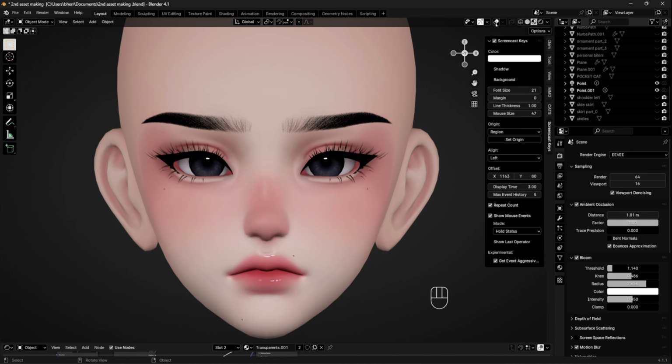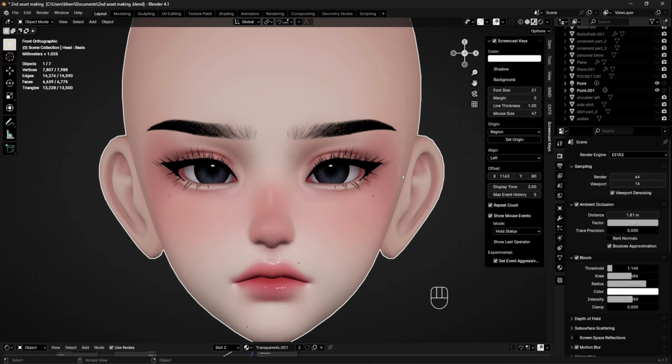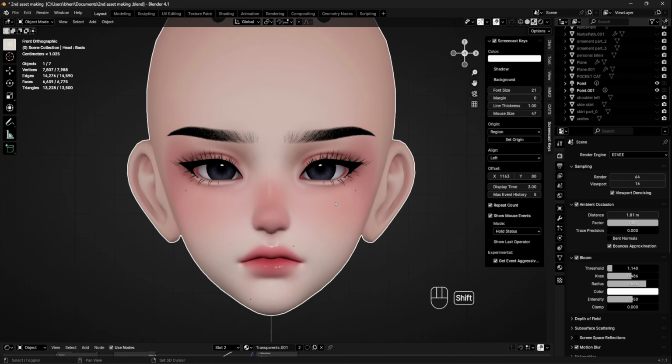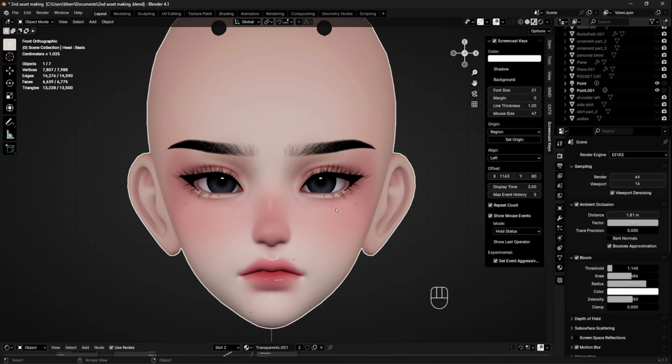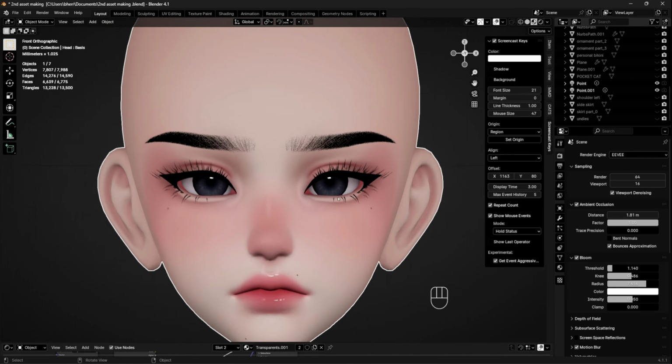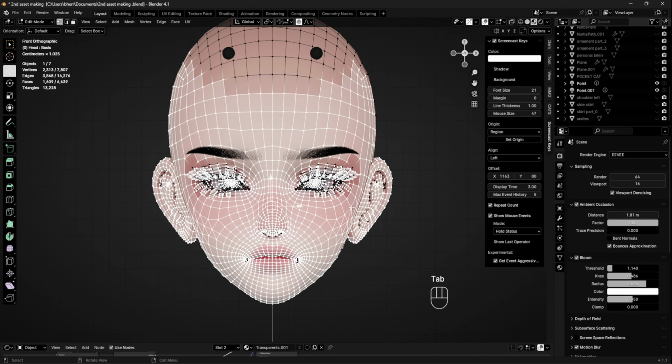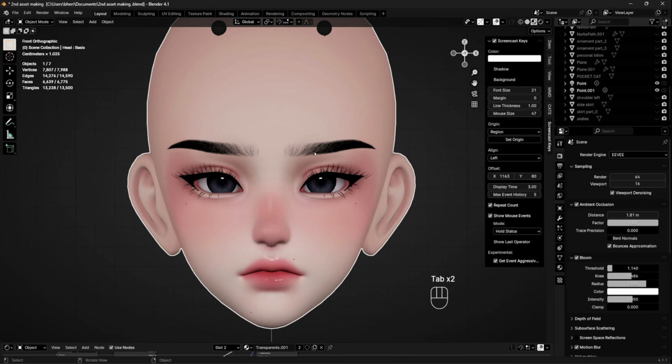So the first thing you're going to be doing when you're sculpting is you're immediately going to want to separate things so that way things don't get deformed in the process of you sculpting. So the first thing I'm going to do is I'm going to click on the head mesh and I'm going to tab. And I already have the